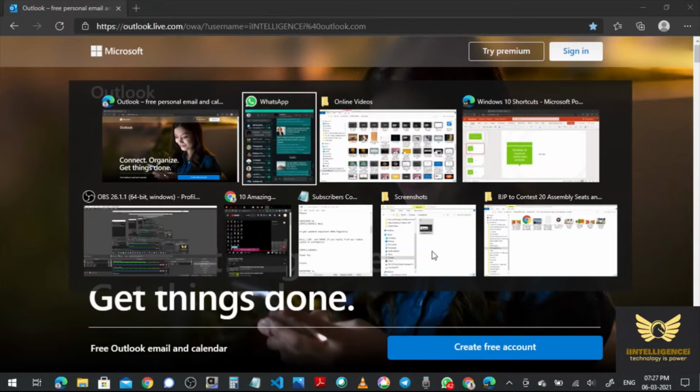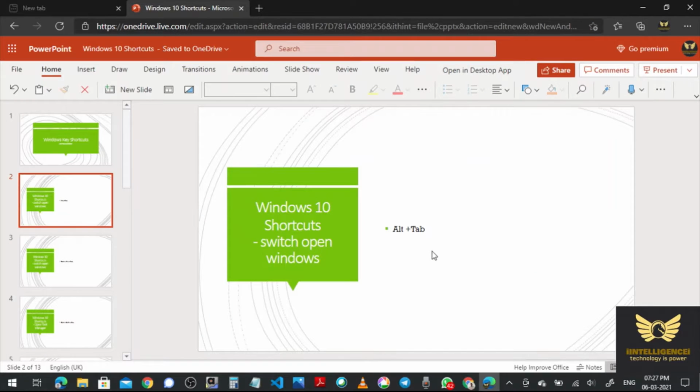Okay. See here. I'm coming back to my existing window. So it's easy to move between windows. Okay. Next, let us go.